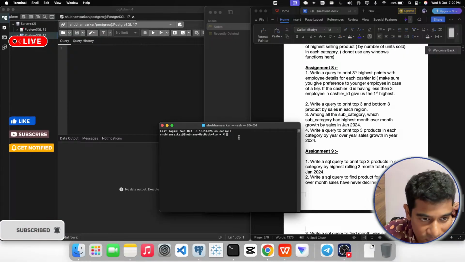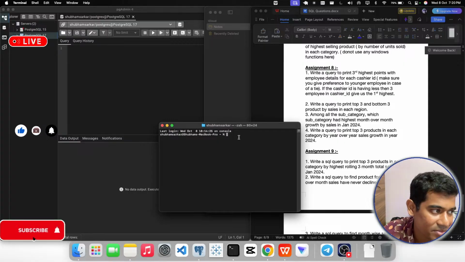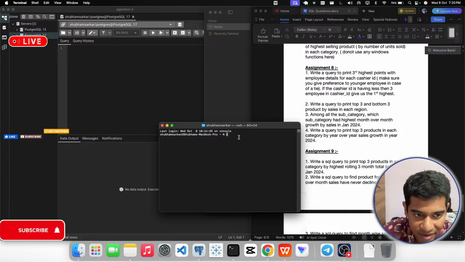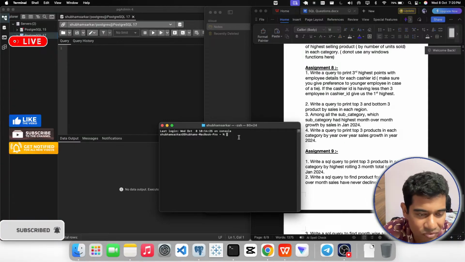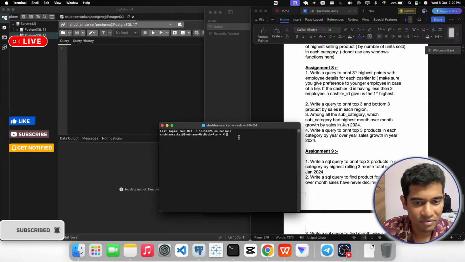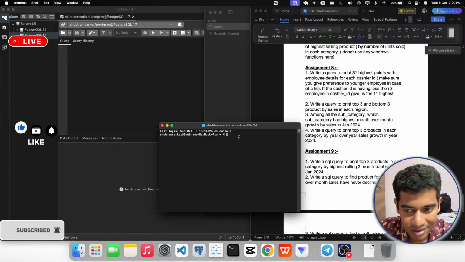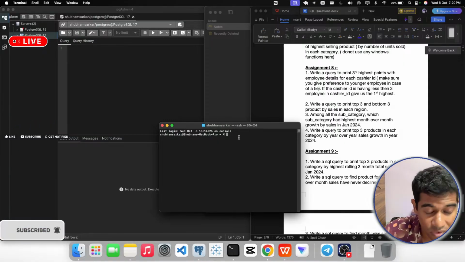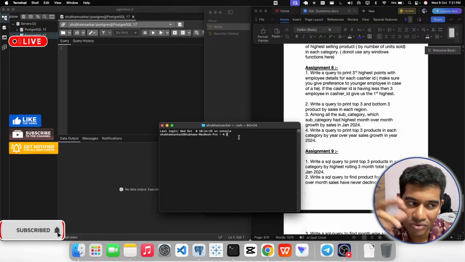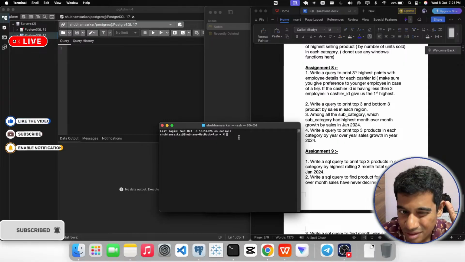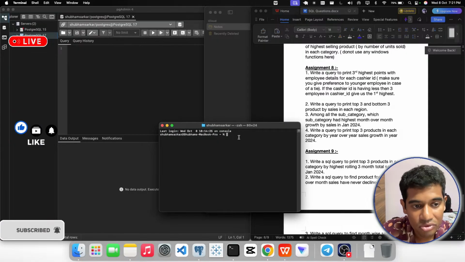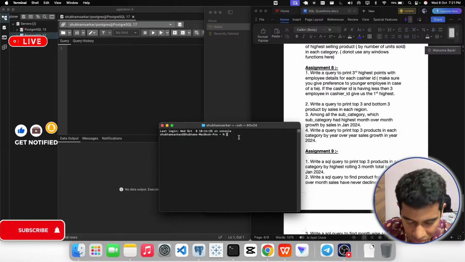Where can I get the solution for the assignment? I have the solutions till assignment 7. I will give them to you after the 12th, after Excel, after the 10th and after the 12th. I will give you all the solutions from the same Google Drive link. But until then I would request you to practice, use your own logic and concepts, and ask me doubts. Because unless you practice, you will feel the questions are easy and not that tricky, and it won't give a positive impact on your practice session. So I will give you the solution, no worries for that.